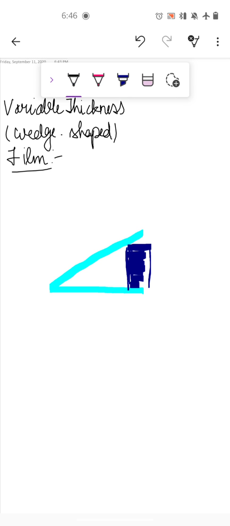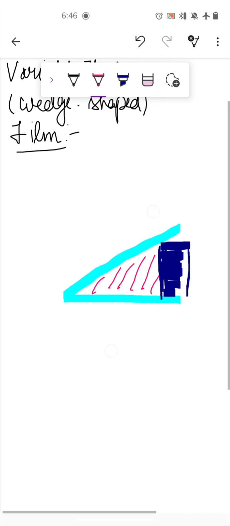What we see is how the interference occurs between a light ray falling on the wedge shaped film. So why is it called wedge shaped? Because here you see the air film inside the two glass plates is wedge shaped. This I have discussed earlier. Now what is the experimental arrangement for wedge shaped film? We'll see.